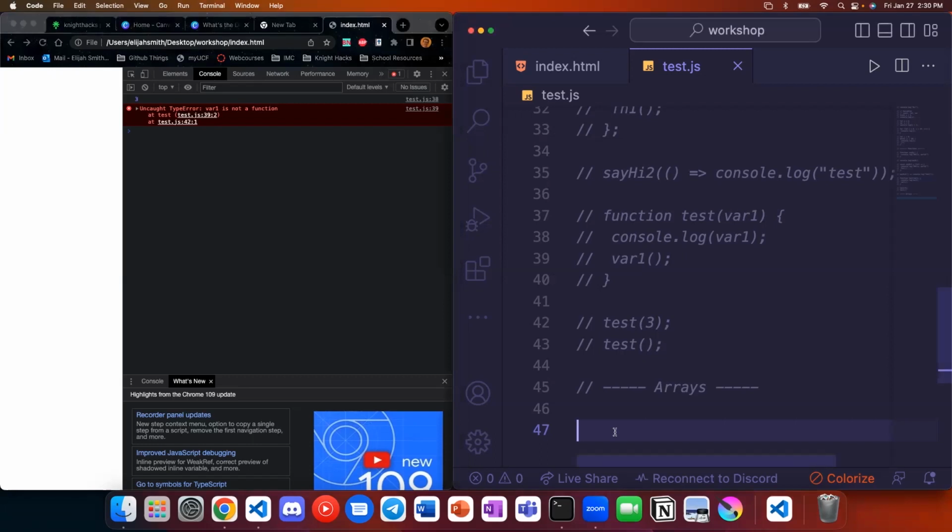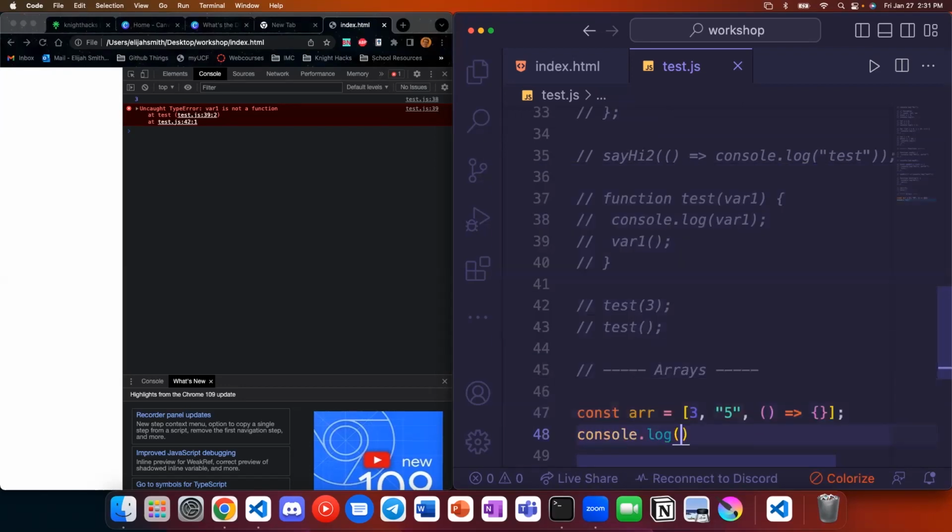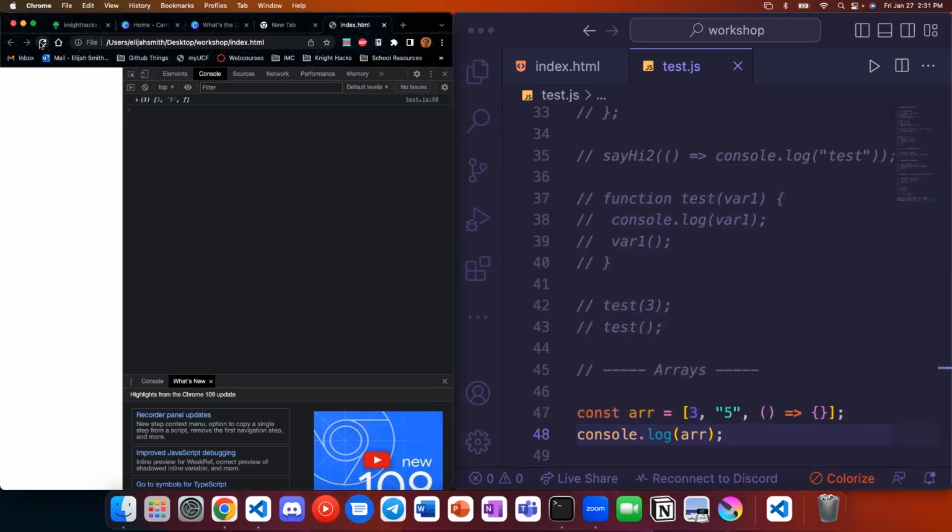Next cool thing we're going to talk about is arrays. So when I declare an array, probably I'm just going to operate on it. So I'm going to declare it as a constant here, which means I can't reassign this variable to something else. And an array can be declared literally with just brackets. So this is an empty array. We could put stuff in it by default. We can have literally any types in here. There is no strict requirement on what you can put in.